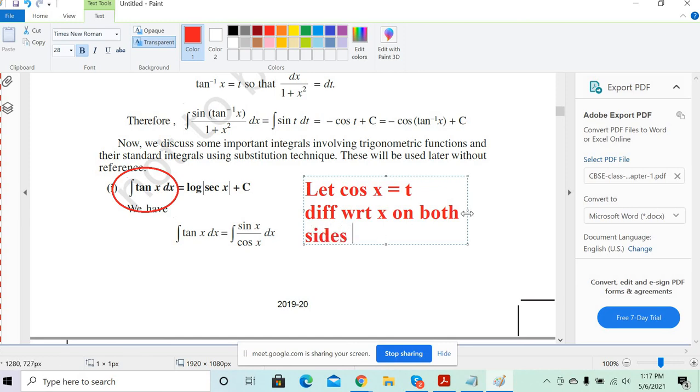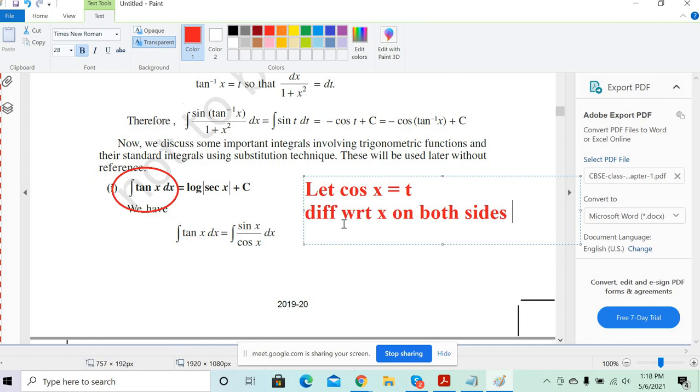But why are we taking cos x, sir? Because cos x is the denominator. We want to replace sin x dx. If I take sin x, what is the differentiation of sin x? Cos x. But cos x is the denominator. What will I do with cos x? Cos x into dx will come. Can I replace them? No, I can't. I want something to be sin x dx, then only I can replace it with dt, right? Yes, sir. Good question. You asked the right question.